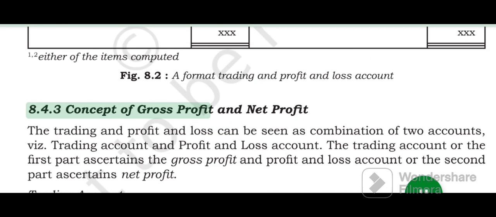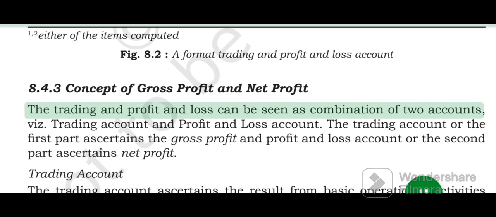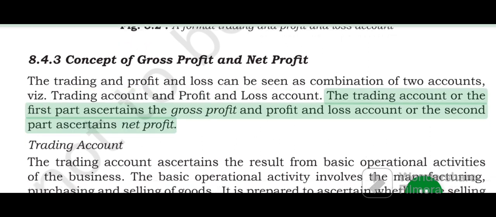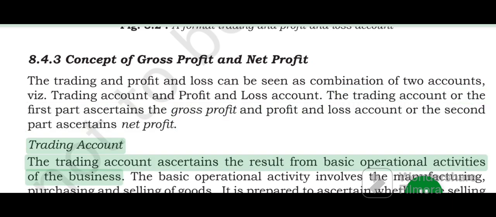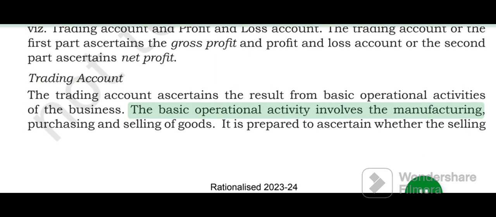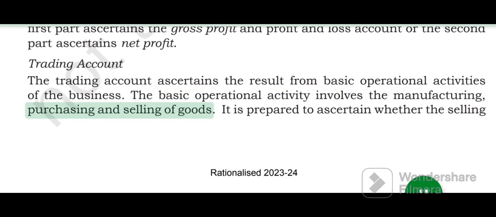4.3 Concept of gross profit and net profit. The trading and profit and loss account can be seen as a combination of two accounts, viz. trading account and profit and loss account. The trading account, or the first part, ascertains the gross profit, and the profit and loss account, or the second part, ascertains net profit. Trading account: the trading account ascertains the result from basic operational activities of the business. The basic operational activity involves the manufacturing, purchasing and selling of goods. It is prepared to ascertain whether the selling